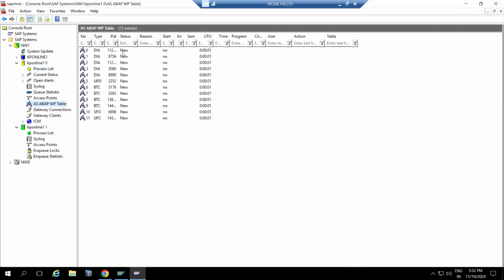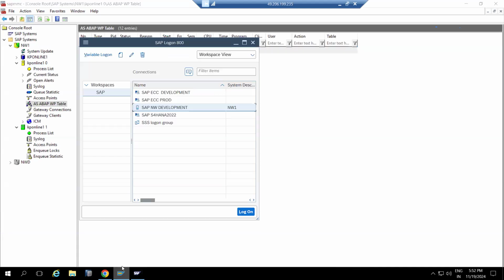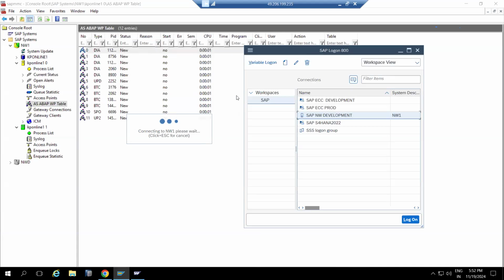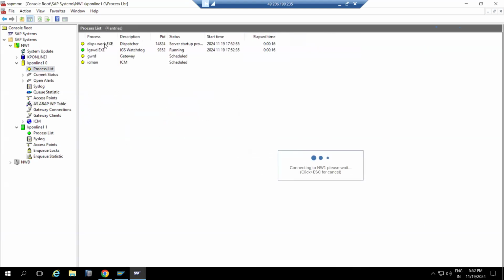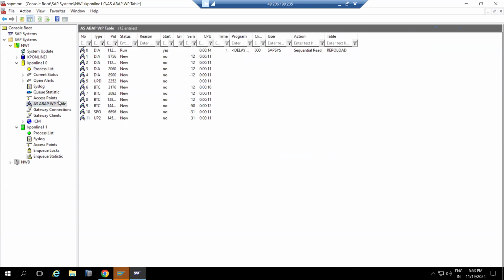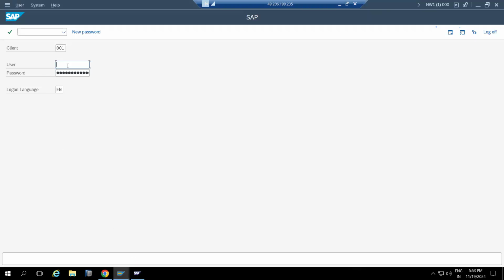Here all the work process status is new, especially for the dialog. When you try to log in, it shows connecting status, which means the dispatcher is starting up. It is looking for an available work process here. As soon as the work process is available and its status changes, you will immediately get the SAP screen